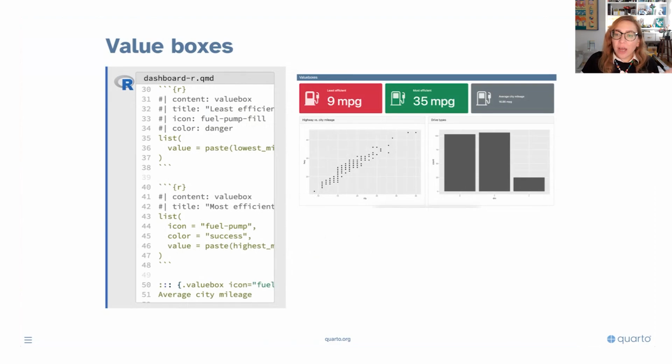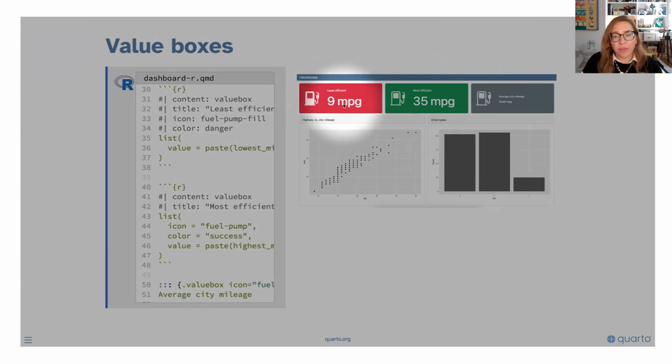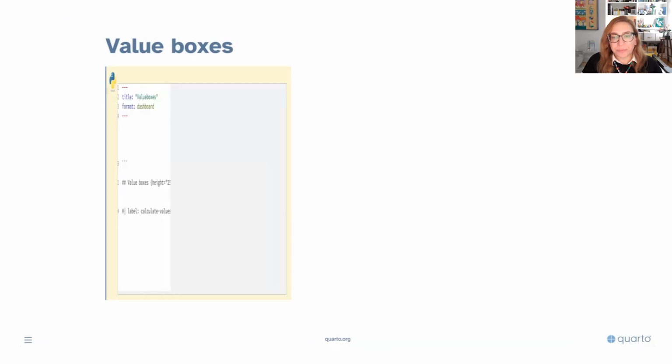We have the various colors that we're drawing from our default theme. And you can see that the formatting of these value boxes is a little bit different. The ones that were created with the executable code cells get these much larger value numbers and much smaller text, versus, since we haven't expressed anything similar for the one that was created with plain text markdown, the text sizes are the same regardless of whether it's the informative text of what's in there or the value followed by MPG.